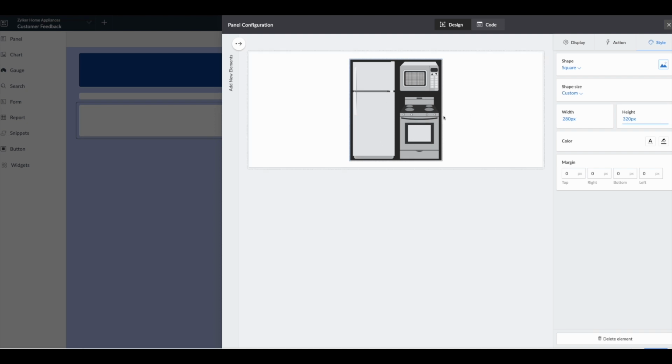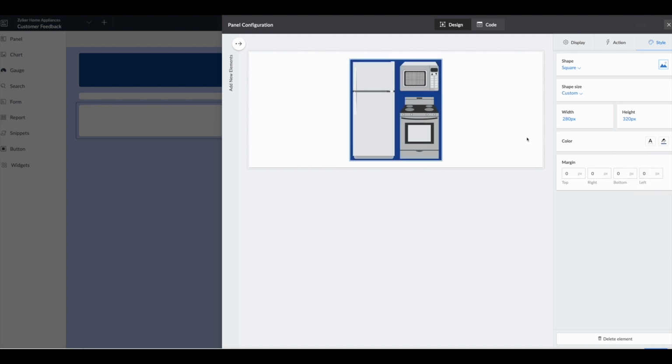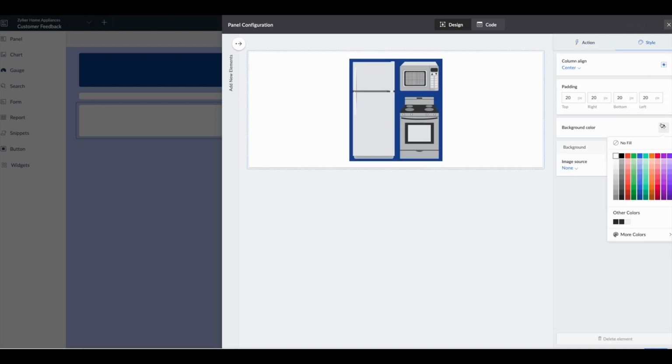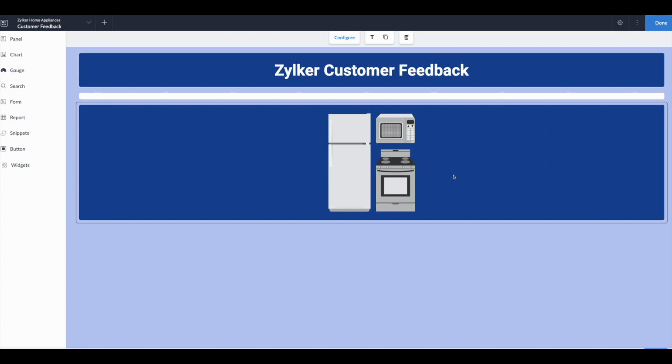This image is actually a PNG, meaning that there's a transparent background, so I can affect what color the background is. Not every image is going to have that ability. It sort of depends on the type of file that you put up, but I can make it white to match this, or I can change the colors around and make the entire box a different color so that it doesn't look out of place. So let's throw this in here. Now we've got sort of an image,